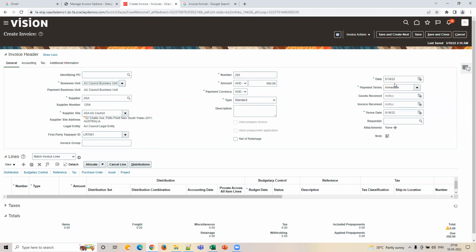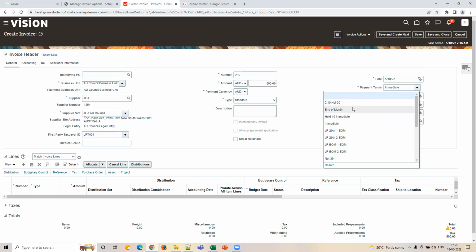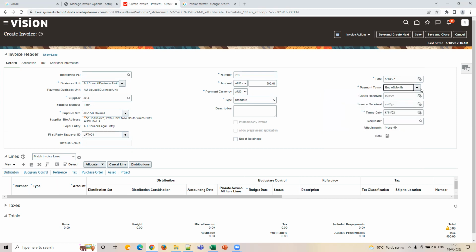Why? Because this is my invoice date, and my payment term is that my supplier said pay me immediately. So I have to pay on my term date, today itself. I have to pay on this date. When I change this to end of the month, or put 30 days,